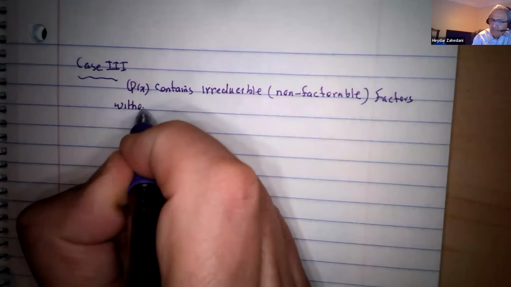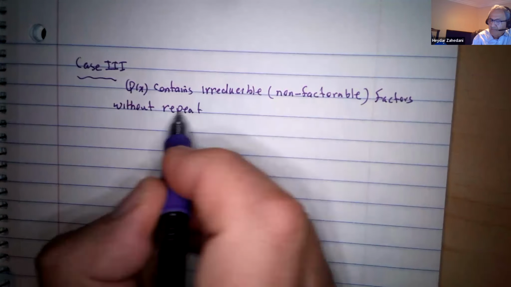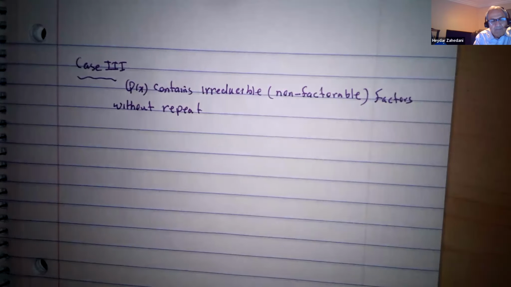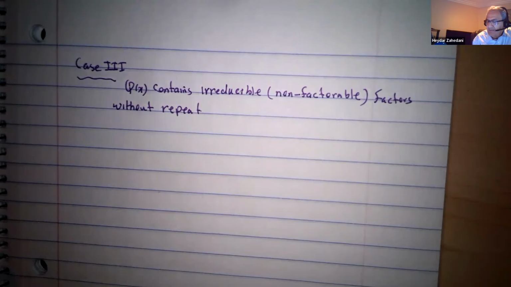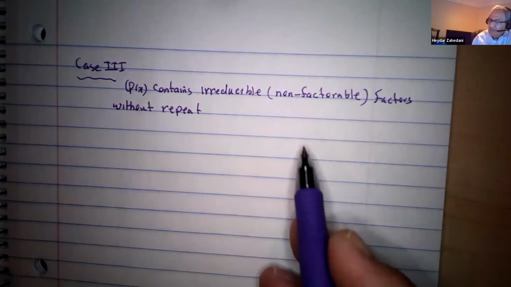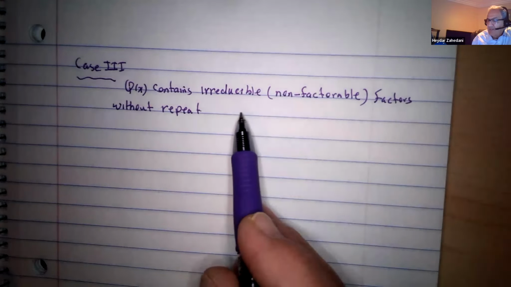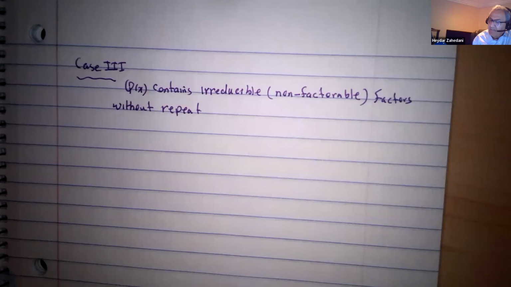Q(x) contains irreducible factors without a repeat, of the form,